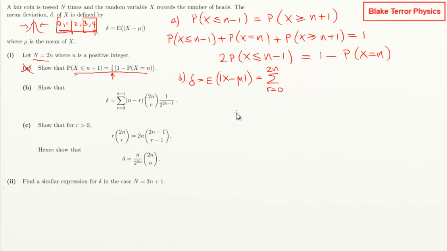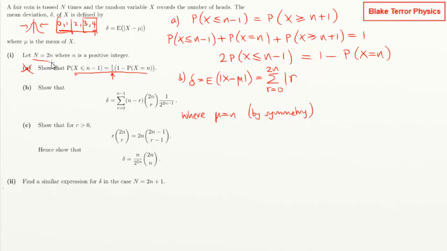So that's all of our possible outcomes that we've got here. Then we've got the thing that we're evaluating. So in this case, our x is now the r. And we've got a minus mu. You see, you've got no mu in the answer. But we know that mu is, and I'll put this down here, where mu is equal to lowercase n. This is by symmetry because we've got this symmetrical distribution again. So if we've got a perfectly fair coin which is being tossed an even number of times, then mu, our